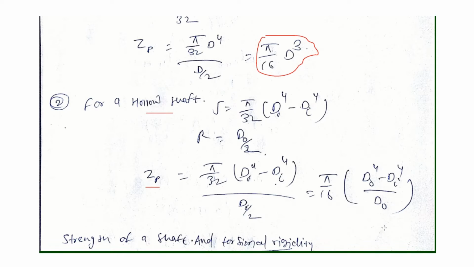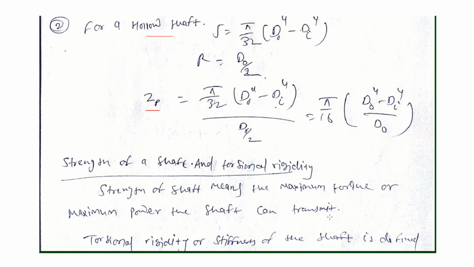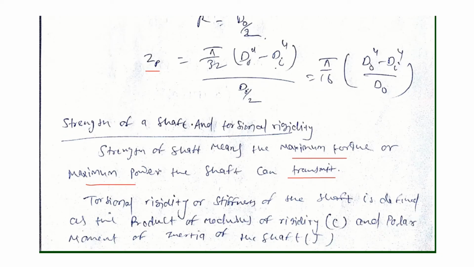4) by d outer. Now here for strength of shaft and the torsional rigidity, the strength of shaft का मतलब क्या होगा कि वो मैक्सिमम टॉर्क या मैक्सिमम पावर जो कि शाफ्ट ट्रांसमिट कर सके। स्ट्रेंथ ऑफ शाफ्ट कि मैक्सिमम टॉर्क और मैक्सिमम पावर जो शाफ्ट ट्रांसमिट करेगा वो उसकी स्ट्रेंथ होगी, कितनी अमाउंट में शाफ्ट हमारा टॉर्क और पावर ट्रांसमिट कर सकता है। So now the torsional rigidity is the stiffness of the shaft,